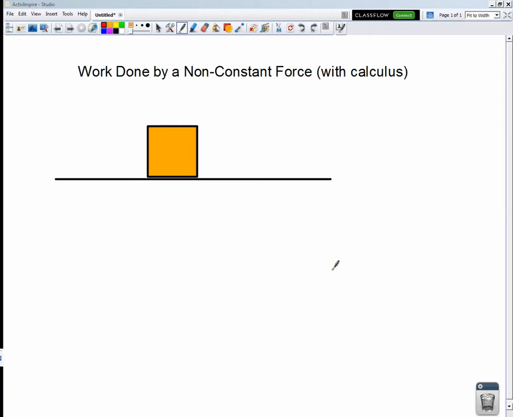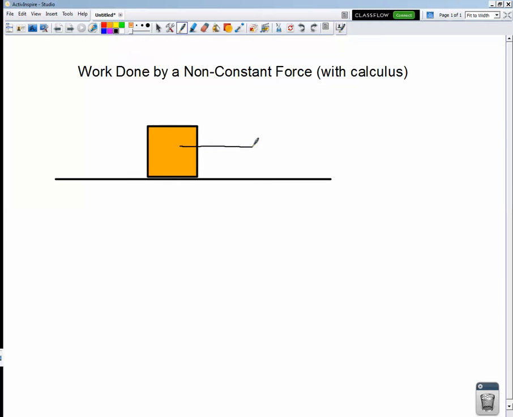Welcome. In this video we're going to look at the work done by a non-constant force on an object, and we're going to throw in some calculus at the end so that we can deal with non-geometrical shapes in our force versus position graphs. So here we've got a mass sitting on a frictionless surface for the time being, and